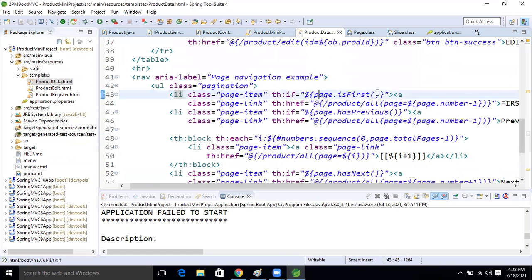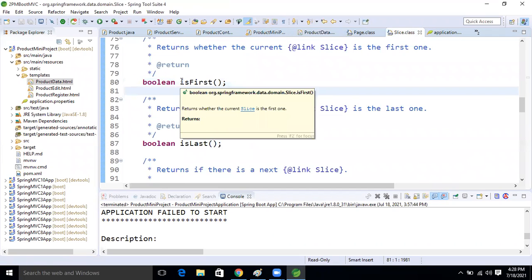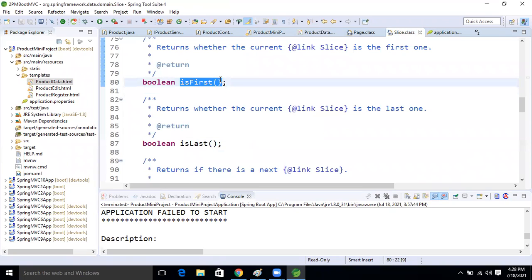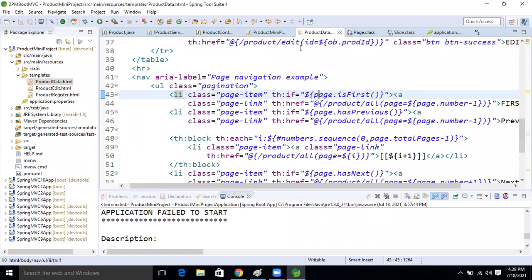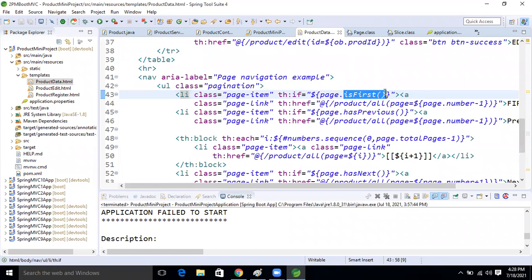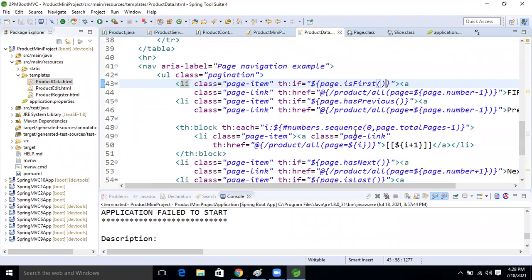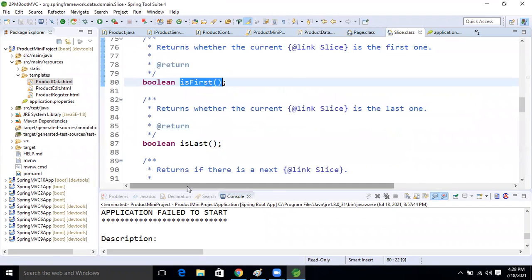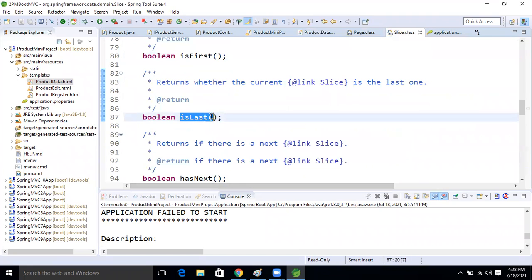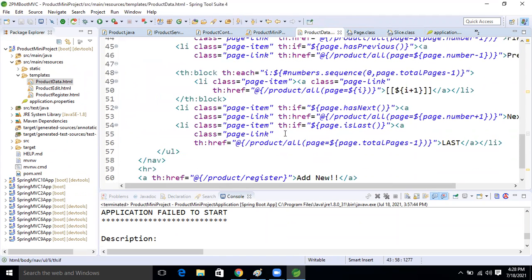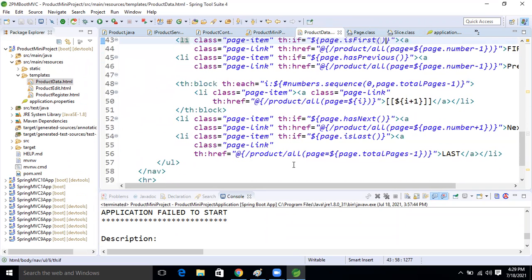If page is first, right? It's last. Good.